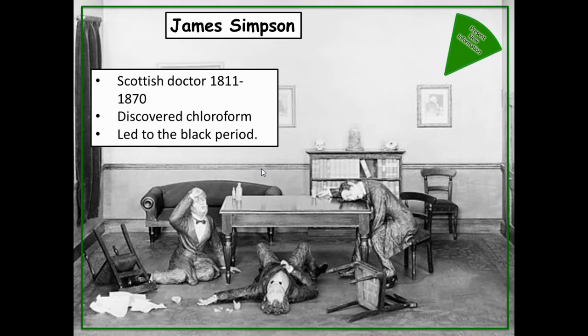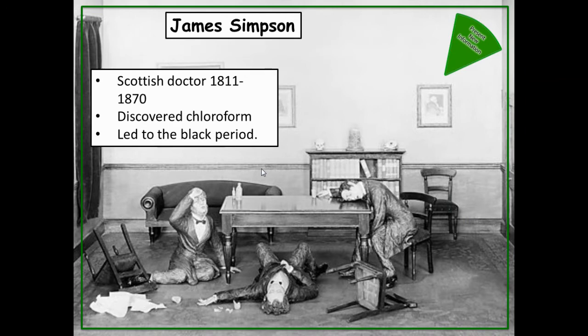With opium, the dosages were very difficult to measure out. It was hard to get the right amount into people, so sometimes you could cause an overdose and cause them to die. There was also a weird Victorian attitude towards pain, that actually, in some ways, pain was a good thing, and that suffering, physical pain, was the right thing to go through, and that you should be tough enough to go through the pain and suffer the pain that you were experiencing.